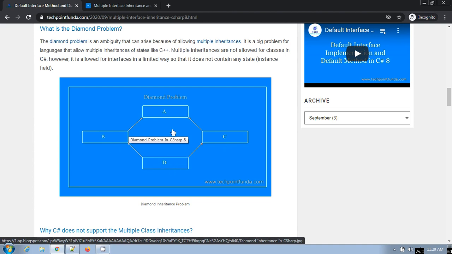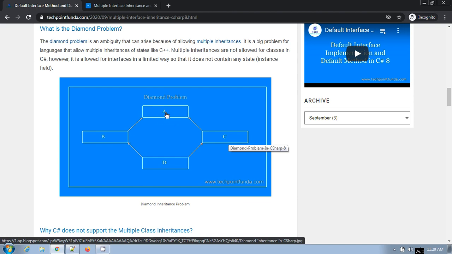In that case, this method which is in A will also be inherited into B and C as well. So if there is any method with the same name, and A is inherited by B and C, in that case the same member will come into D twice, right? So this creates an issue in case of interfaces as well.